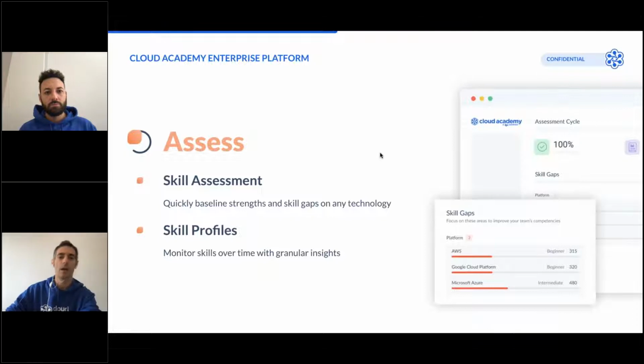It doesn't matter how big or small the teams are; through an assessment, you are able to get a baseline understanding of the skills inside of your teams, and from there you are able to attack those skill gaps and assign the right training plans.